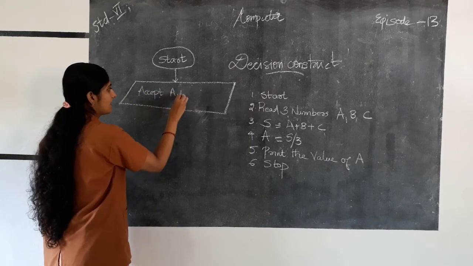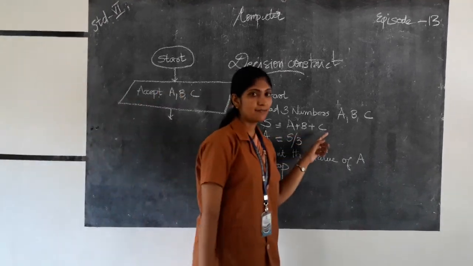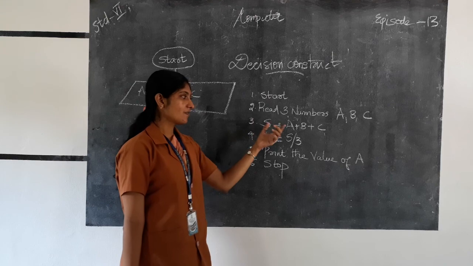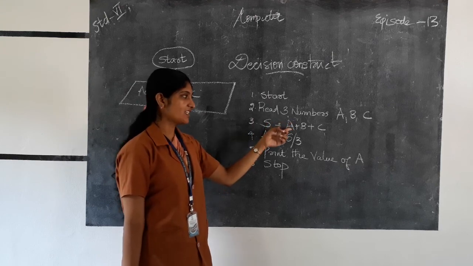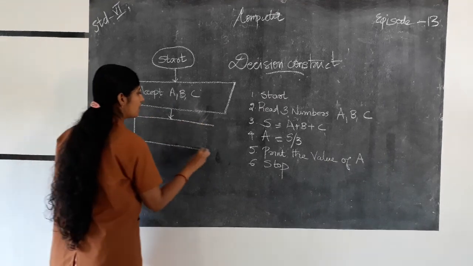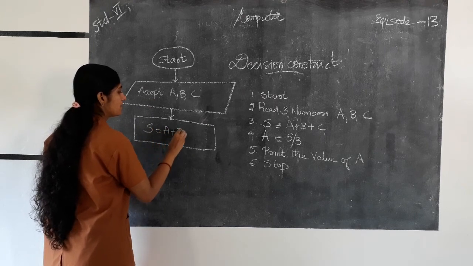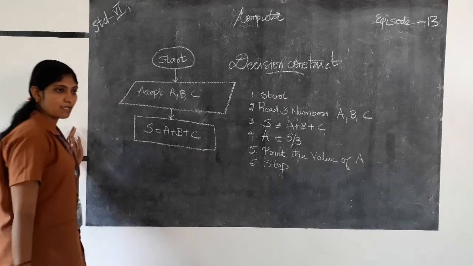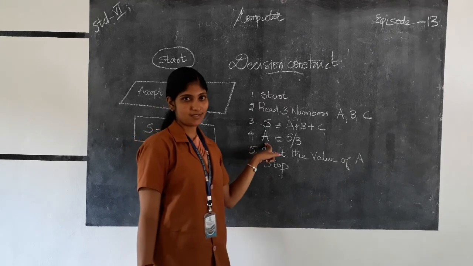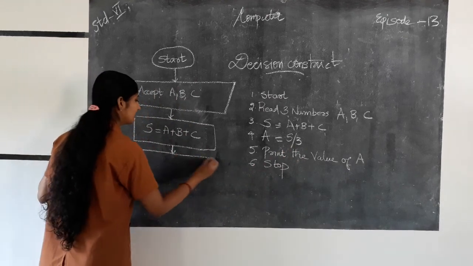A, B, C. Then next, S is equal to A plus B plus C. This is the processing statement. That means here the process is addition, addition of three numbers, so it should be written in a processing box. Here this is the processing box, and that is S is equal to A plus B plus C. Then the next, fourth statement is also a processing statement. That means here the operation is division, so we can write another